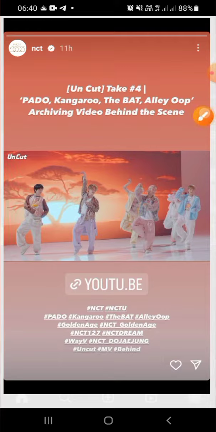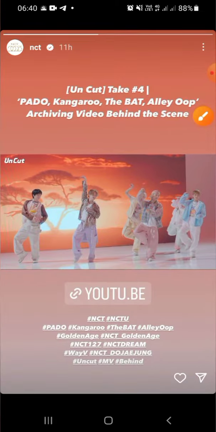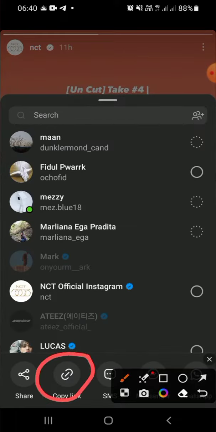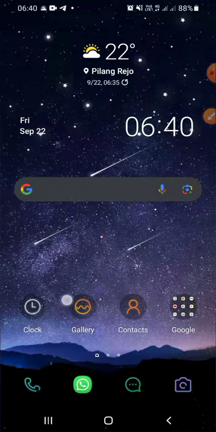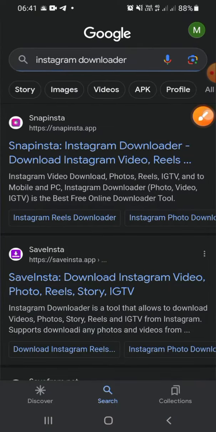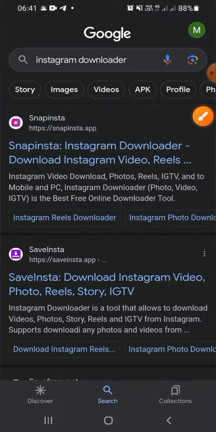Just click on the story and click on this share button right here. And you have to click copy link. After the link has been copied, we have to go to Google app in our phone, and you have to search for Instagram downloader. And after the Instagram downloader website has appeared, you have to click on it